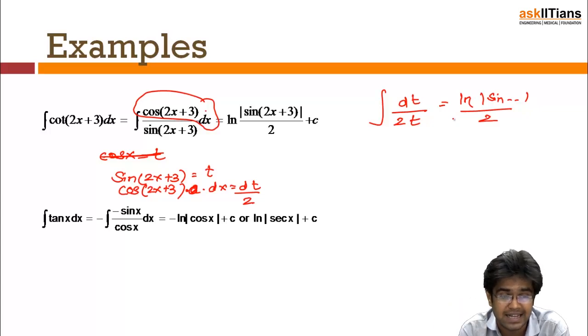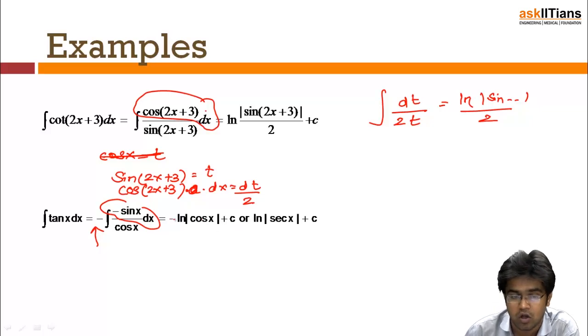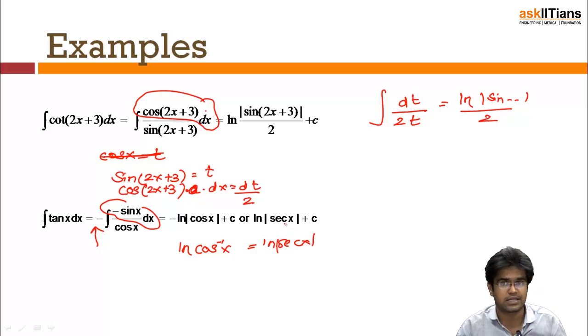So that is why minus sin x dx is available, which is here, minus sin x dx. That is why I multiplied with two minus signs. So again, the integral of dt by t will be ln cos x, but there is a minus sign. So what can I write? I can write ln of cos inverse, that is cos x to the power minus 1, that is ln sec x. Remember, whatever is inside the mod has to be positive, so that's why there is a log. So this is substitution as well as simplification.